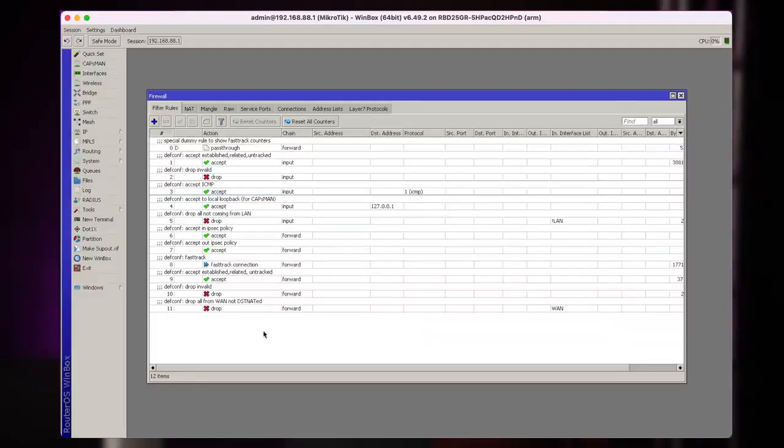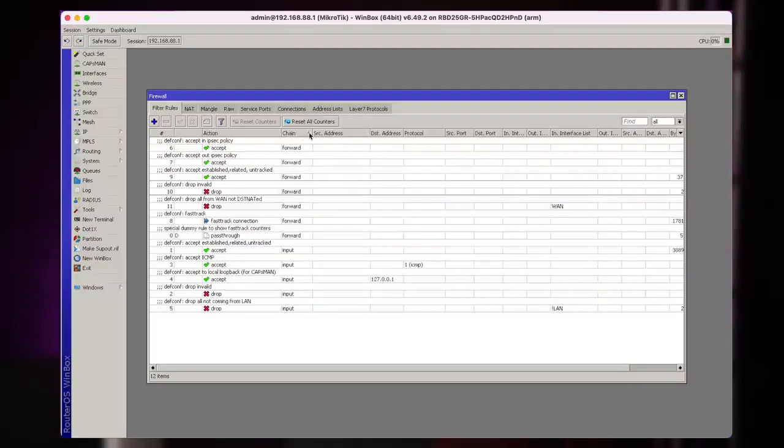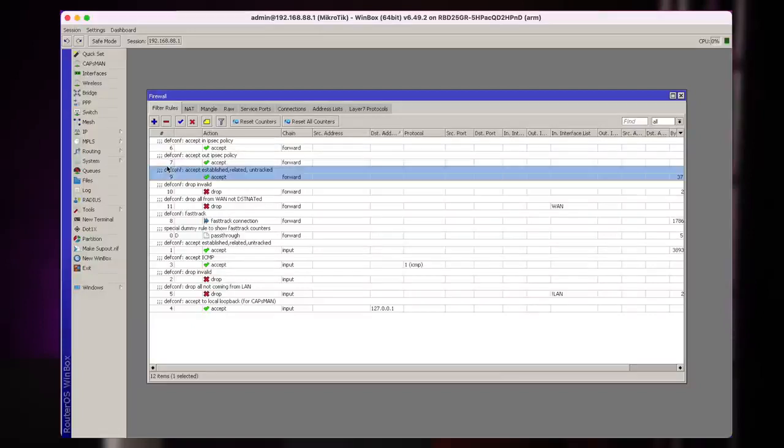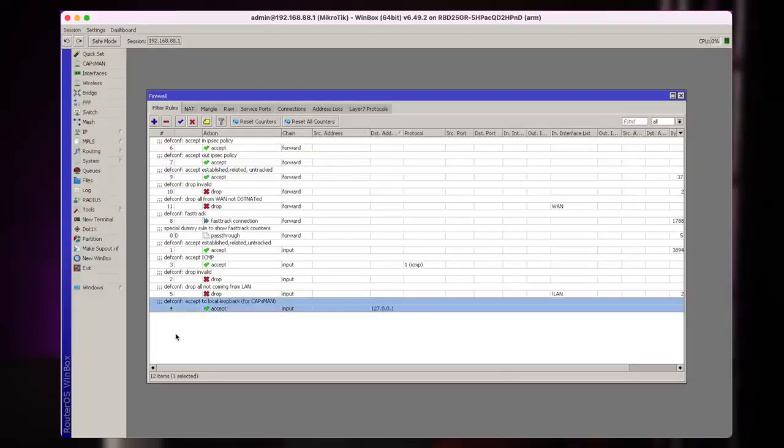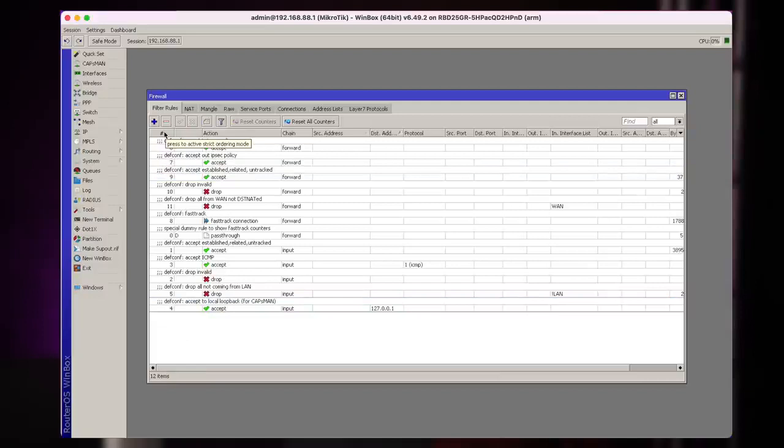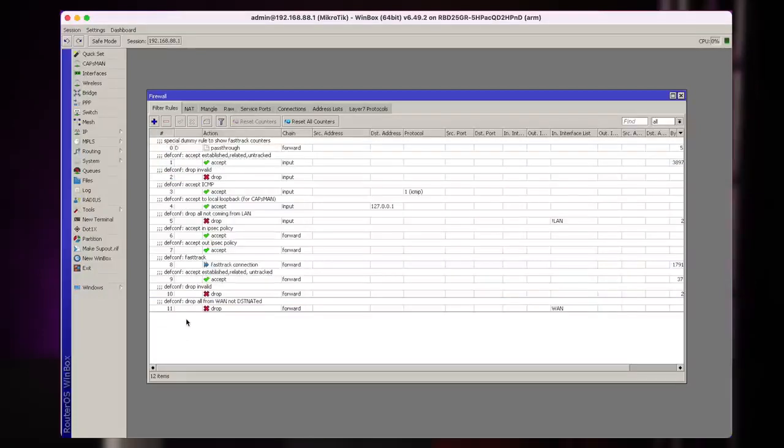So first thing that you need to know is that the firewall filter rule list is organized in a specific order, and the order is very important. In case you have sorted the list by something else here, by chain, by source address, by destination address, always remember that the rules are processed in the order, and you can see here that the numbers have been rearranged, and you must sort by original order to understand how they are actually processed.